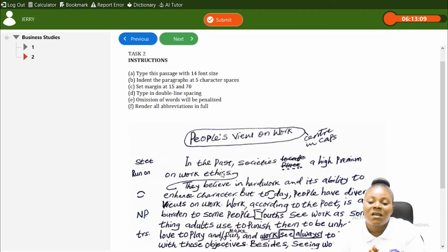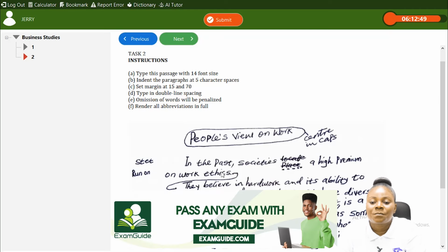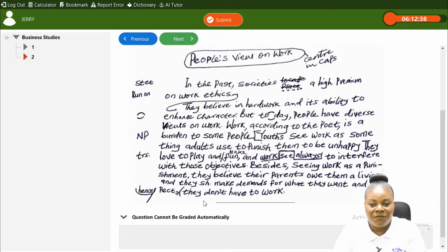While this manuscript is being proofread, corrections are made, and for these corrections to be effected, we use what is called the printer's correction signs. Whatever you have here is just an exercise to see how far you are able to comprehend the meaning of any correction sign you see,